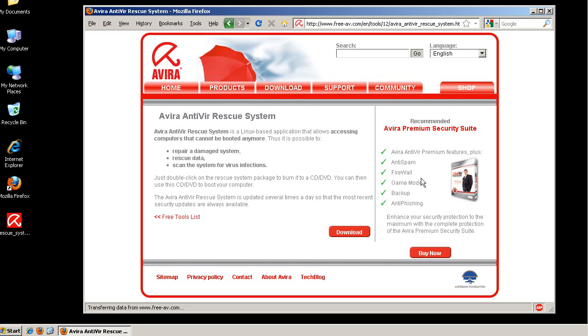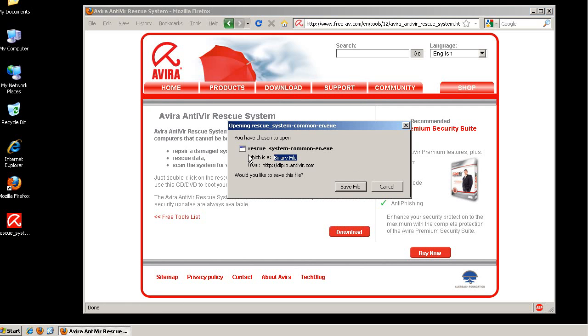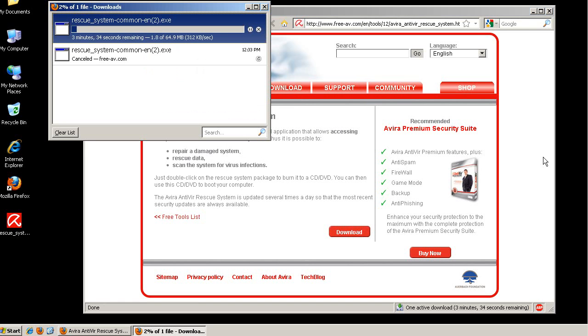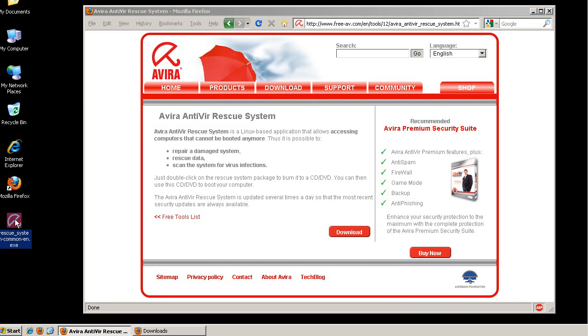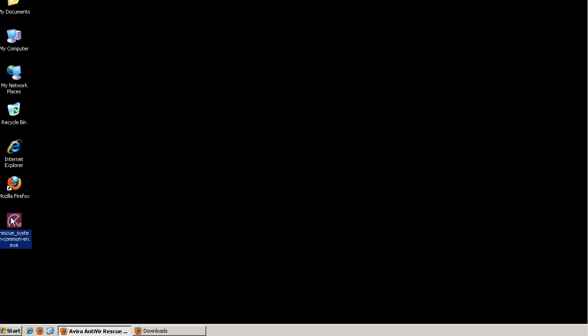The first thing you want to do is navigate to the Avira Antivirus Rescue System. It's available at freeav.com. I'll include this link in the info, and click download. You'll download this rescue system common.exe and click save the file. I've already downloaded it to save time. You'll see here on my desktop, rescue system common.exe,